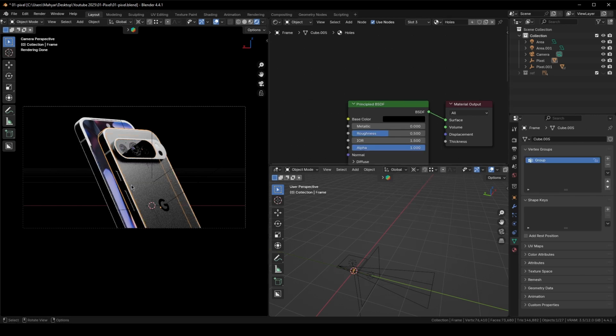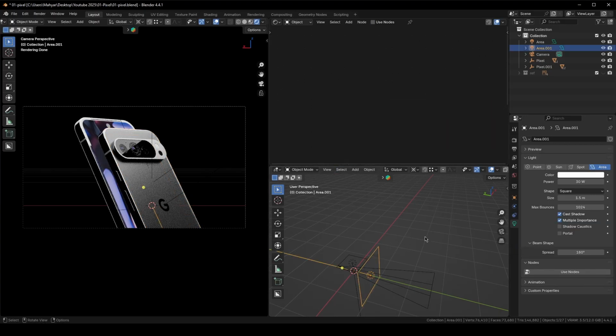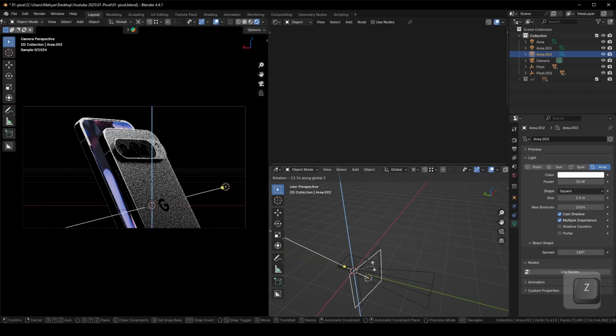The frame should be a little bit less rough. Now when I duplicate this and rotate,